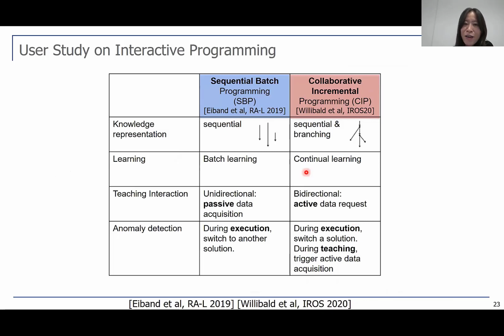So I explained our very first work, basically showing the multiple strategies and clustering them, and then using the anomaly detection during the execution. And then this anomaly detection switches to the different solutions, basically. But on the other hand,